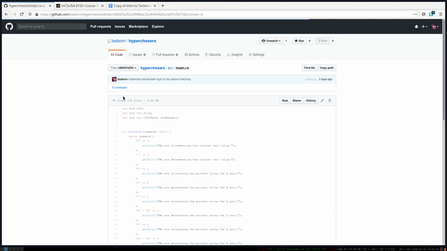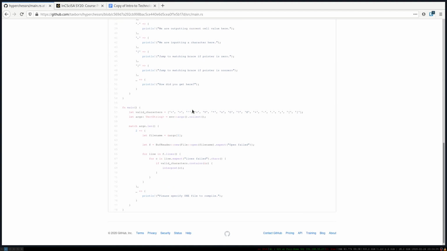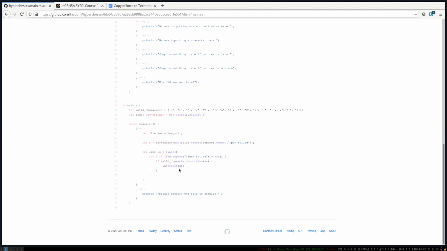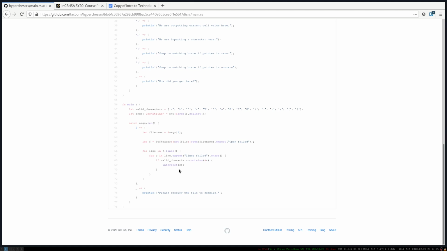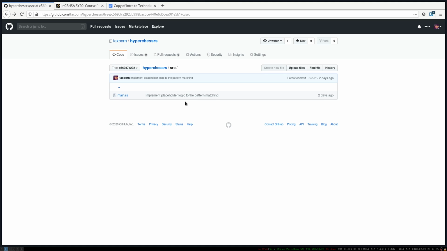So if we look into this main file, this is kind of a mess. I started off on the wrong path. The way I wanted to look for the length of the arguments, and this just was kind of a blind starting. I opened a file, I parsed through each character one by one, and used this interpret function to do something. The commit 2, we